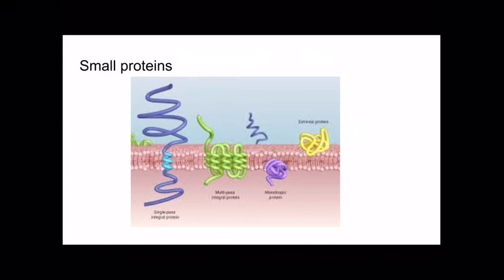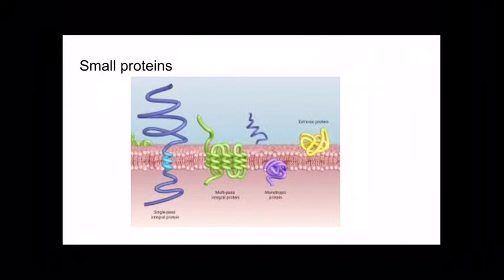Embedded within that cell membrane, we see a few proteins here. Just looking at these, we can recognize some of these shapes. We see some alpha helixes and beta sheets in the straight lines and the twisty curves of some of these proteins. So these are smaller proteins that are embedded in cell membranes. And the small proteins of cell membranes might serve a number of functions.